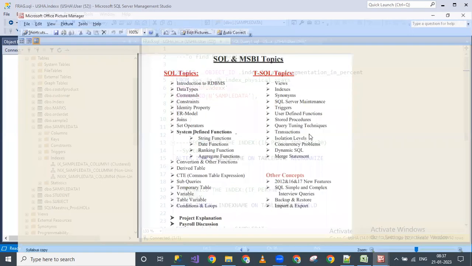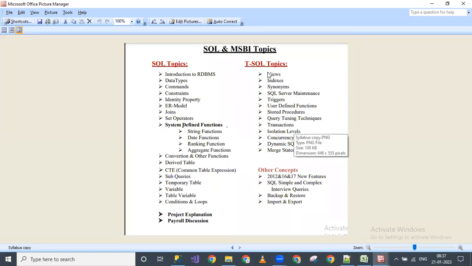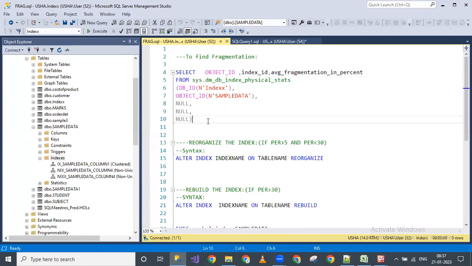One second. Is this view started for you? No, right? Okay. We have to know about the views before checking the fragmentation. Just note down this query. This is used to find the fragmentation. Okay, fragmentation is nothing but